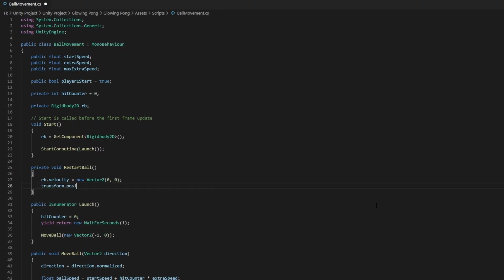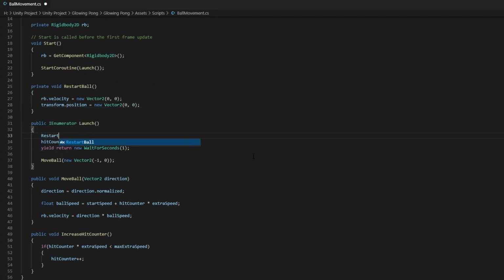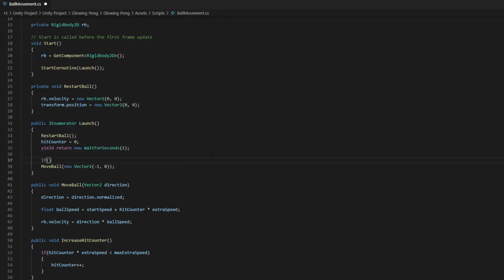Next, we want the ball to move back to the center, so transform.position equals to new vector 2, and we will give a value of 0 for the x and y coordinate as well. Next, let's head over to the launch function, and we want to call the restart ball function over here. Now let's head down a little, and we want to do an if statement to check if player 1 start equals to true.